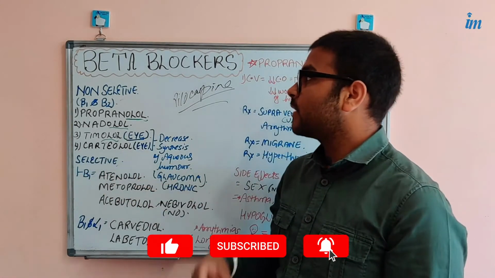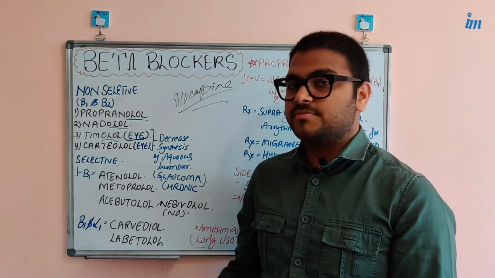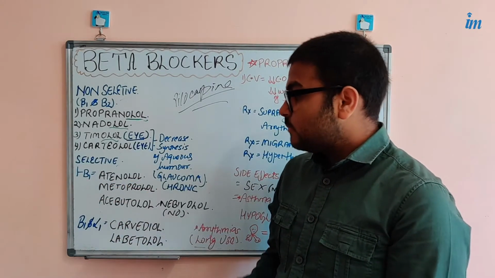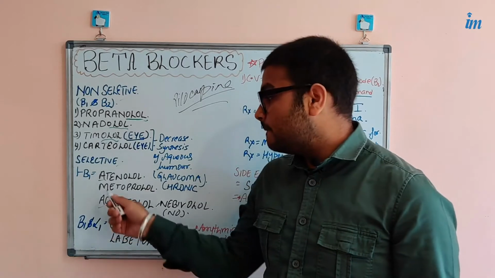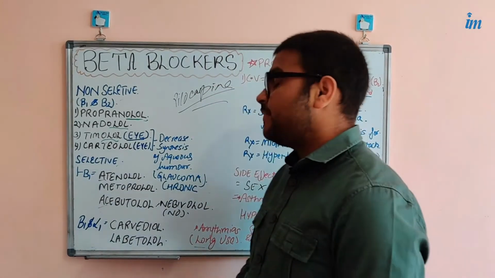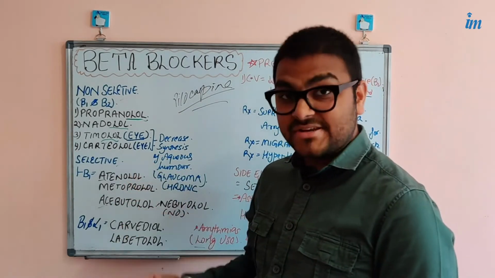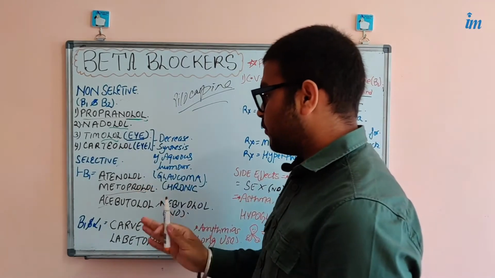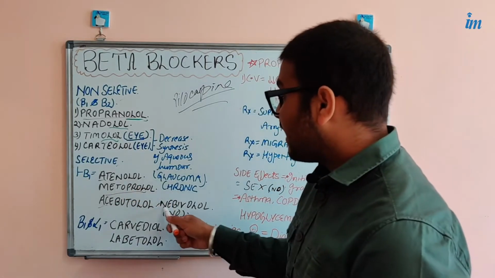Then we have selective beta blockers. Selective means it blocks either beta 1 or beta 2 receptors. Let us memorize the beta 1 antagonists. Two of them start with the letter A: atenolol and acebutolol. Then metoprolol, one of the most important. If anybody asks you for the selective beta 1 antagonist, first answer metoprolol. If anybody asks for the non-selective beta antagonist, first answer propranolol. So metoprolol and propranolol are very important. Let us memorize the beta 1 antagonists: atenolol, metoprolol, acebutolol, and then we have